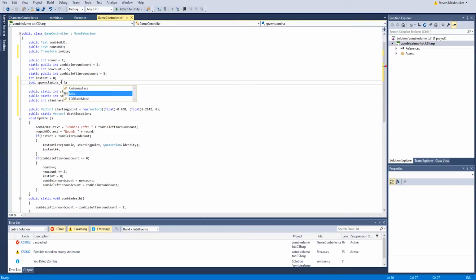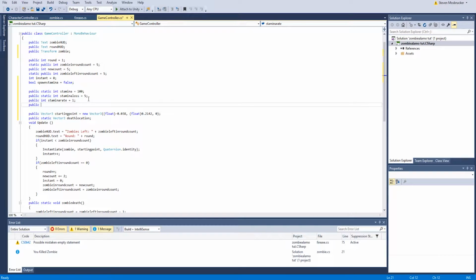And another thing is we also want a random number generator that generates a random number to decide whether to drop the stamina. We're going to have a draw, and every time we kill an enemy, it's going to randomly generate a number. So public int stamina drop key equals,